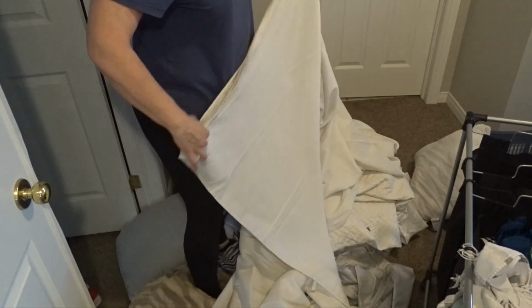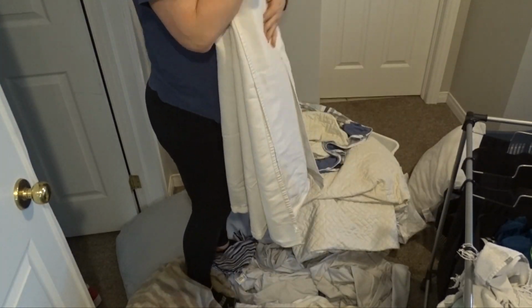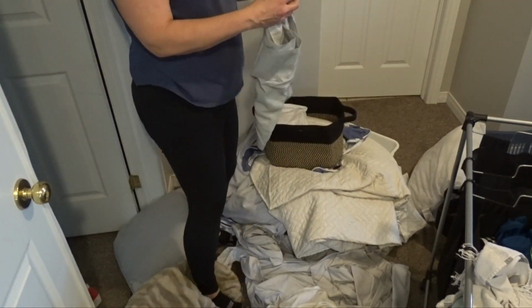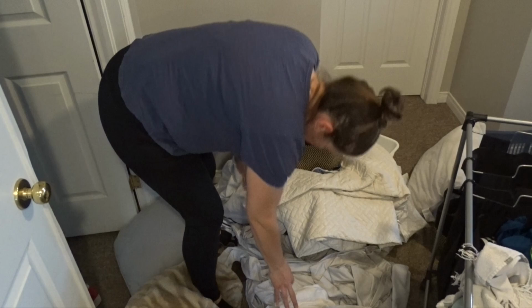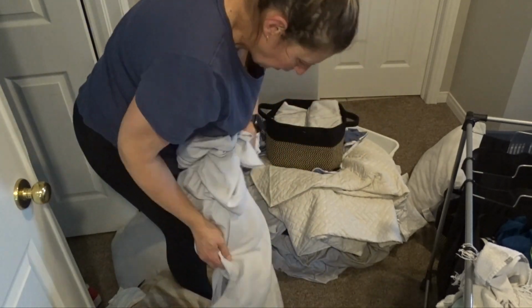Now I have a couple extra ones, mostly pillowcases, and then I have like a quilt for our bed, and then a lot of our fitted sheets, they get destroyed before the pillowcases do. So I do have overflow of pillowcases. So the pillowcases and the extra duvet and duvet covers are going to go in a different section,